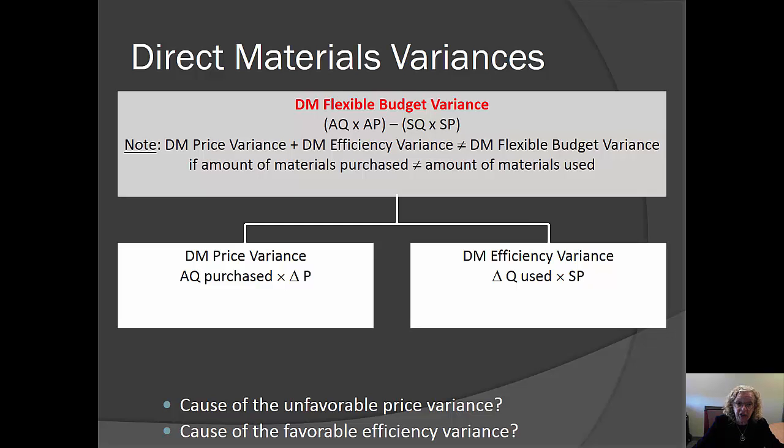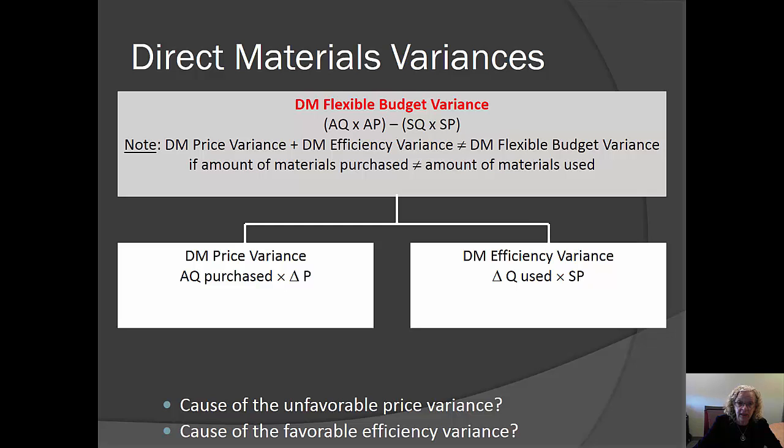That means that the actual quantity that we used is different from the actual quantity that we purchased, and because of that, there is no total flexible budget variance for materials. That being said, we can still compute a price variance and an efficiency variance, just remembering that when we say quantity, it's the quantity purchased when we're computing the price variance, but it's the quantity used when we are computing